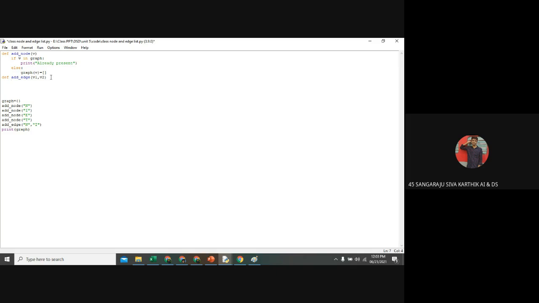Checking, sir. Yes, we want to check first whether this node is present in the list. So first I am checking whether V1 is not in the graph. If it is, print V1 is not present.